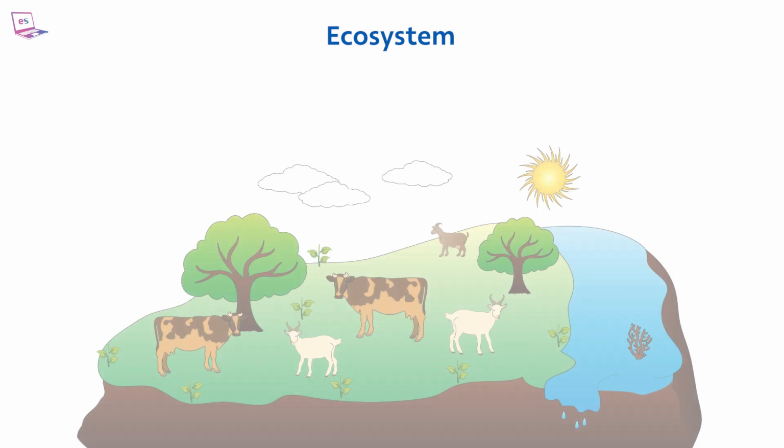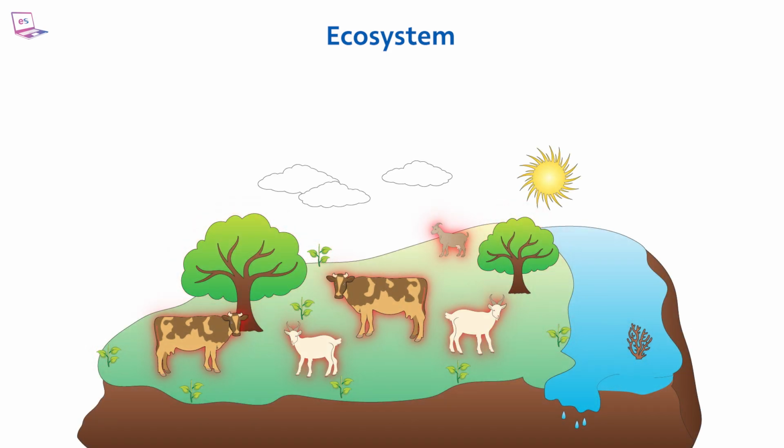An ecosystem consists of plants, animals, and a variety of other living organisms, all of which rely on each other for survival in some way. They also depend on the surrounding environment they live in, that includes soil, water, air, sunlight, and temperature.